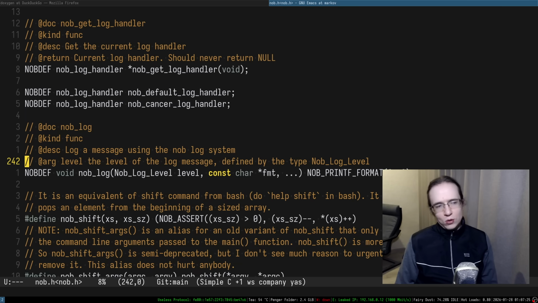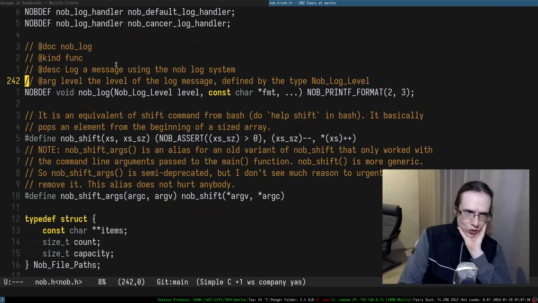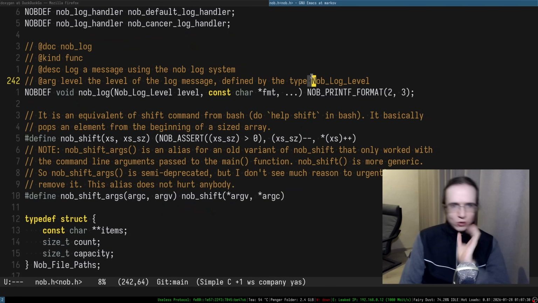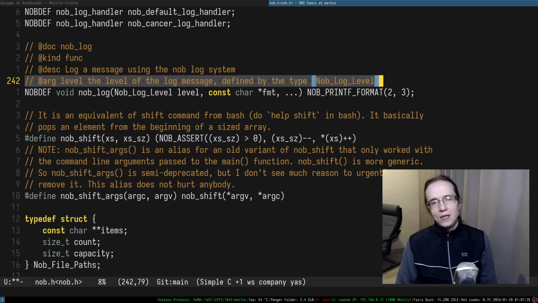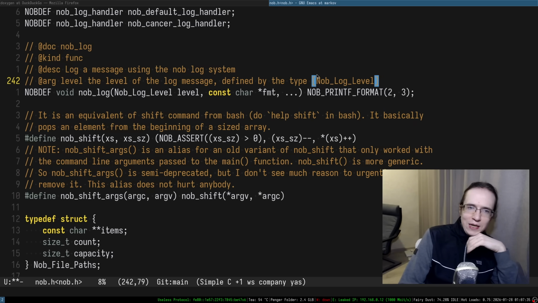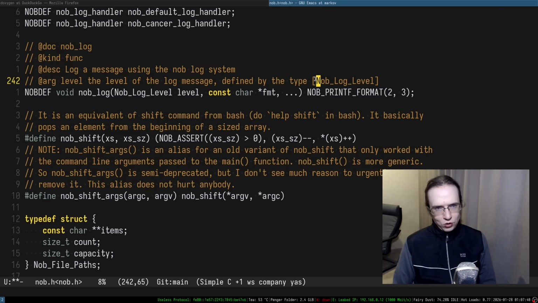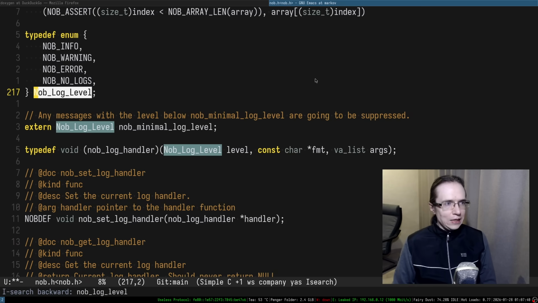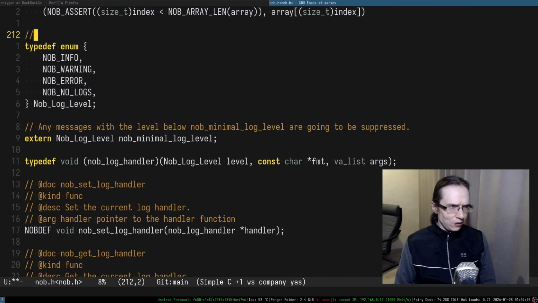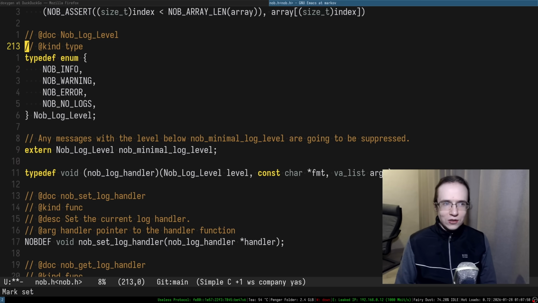It would be kind of cool in the future to actually parse occurrences of these entire things, or maybe put something like this in here, and the system would automatically detect that there is already a type like that. So essentially in here I can say, okay, doc nob log level, and its kind is a type,